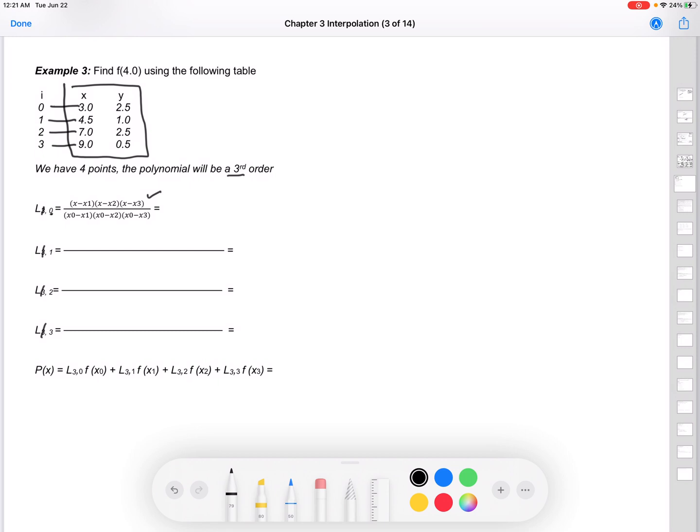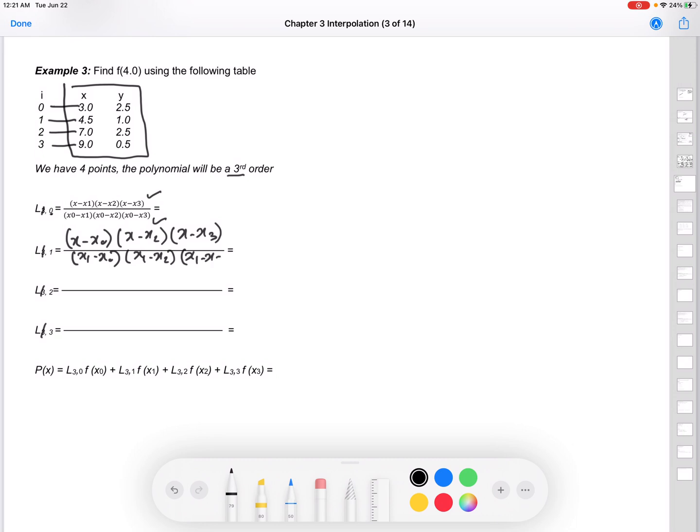On the top, there is no x0, and in the bottom, everything will be subtracted from x0. So x minus x1, x minus x2, x minus x3, and then the bottom will have x0 minus x1, x0 minus x2, x0 minus x3. Okay, if I want to calculate L1, then what will I have? In L1, there will be no x1 on the top. So x minus x0, x minus x2, x minus x3, and then divide by x1 minus x0, x1 minus x2,